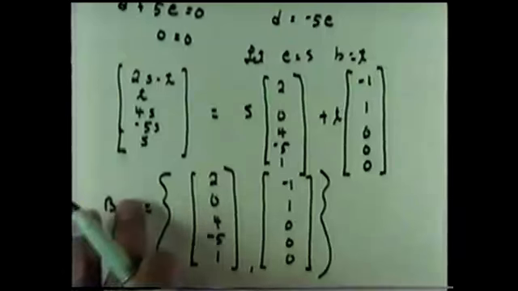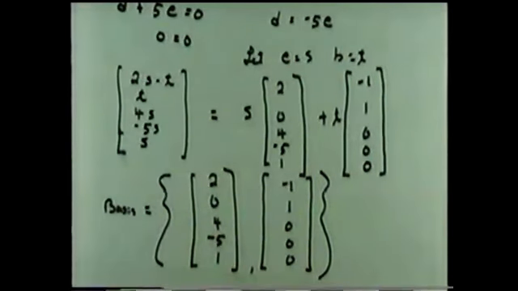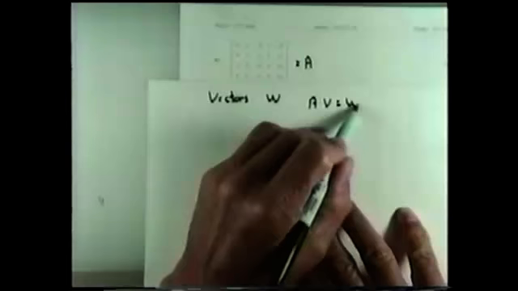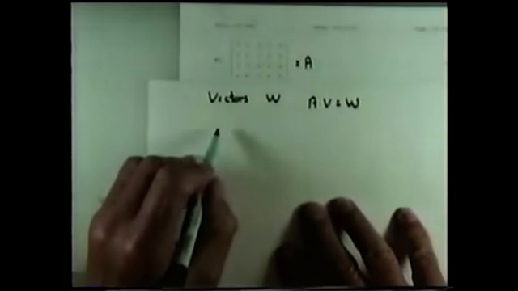And of course, the kernel of T would be the span of this basis. Now we want to find a basis for the range of T. Well, if we go back to the range of T, then we want vectors W such that AV is equal to W, or